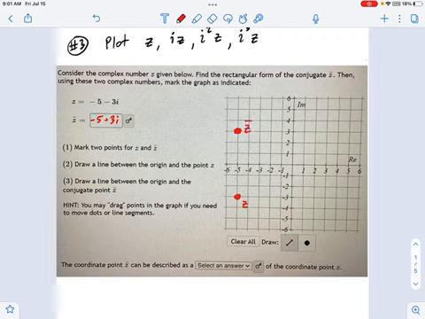And now just check out what this wants from you. It says also, while you're at it, why don't you draw a line from the origin to the point z, or z conjugate. Okay, so we've got one of those, and we've got one of these. Now these lines are just for visual purposes. They just kind of help you think about what's going on here. The important part's the dot.